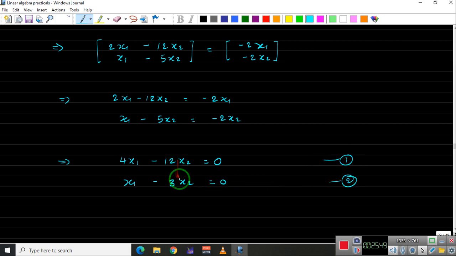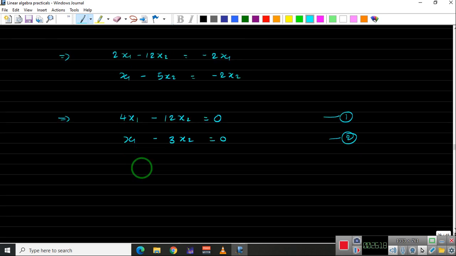We need to solve equations 1 and 2 simultaneously using any method. We saw the Gaussian elimination method last time, and we also know the elimination method from earlier classes. Use any method to solve this system of equations. If you have a 3 by 3 matrix, with 3 equations and 3 unknowns, it is better to go for Gaussian elimination to make the process simpler. But for the time being, let us try to eliminate this.